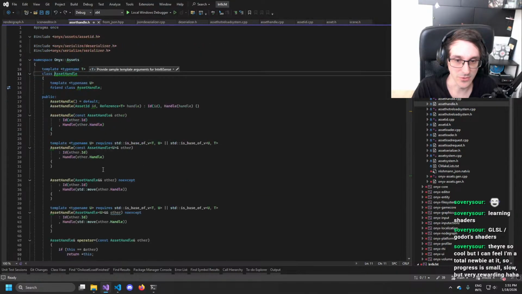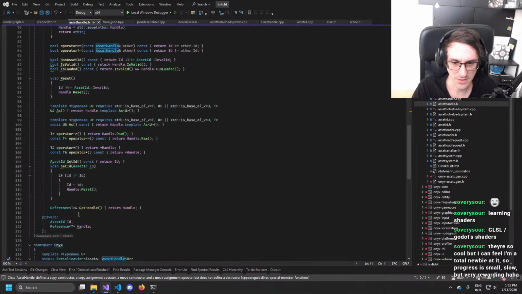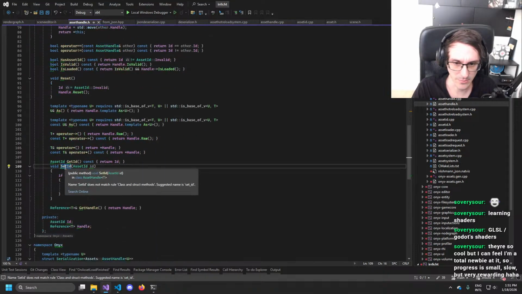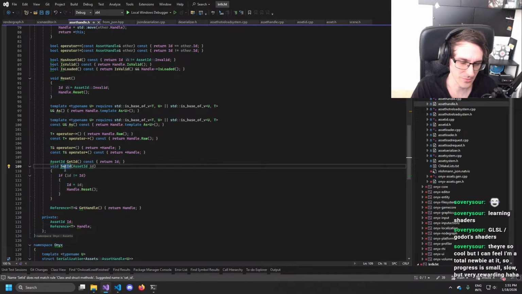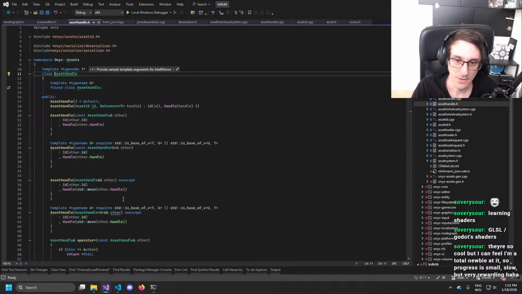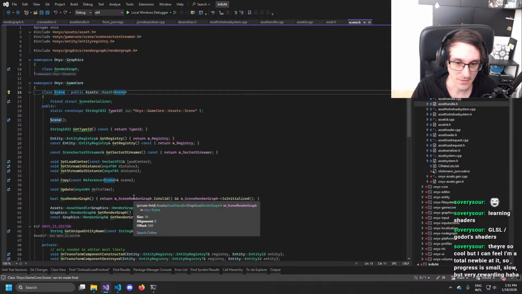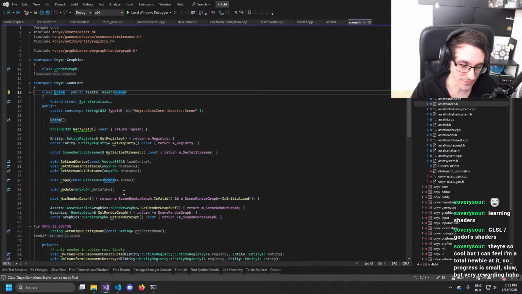So what instead you do now is on the asset handle you have a function called set ID. Maybe name it different, but basically set ID. And if the ID is not the same as before, we set the ID and we clear the handle. And anyone that has this asset handle then points no longer to that asset.